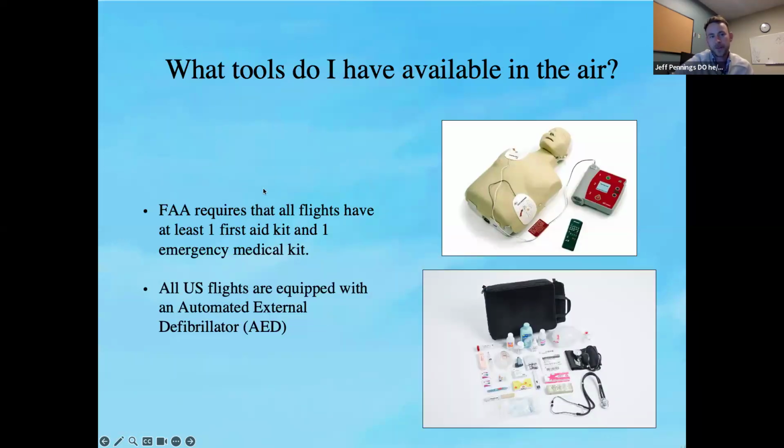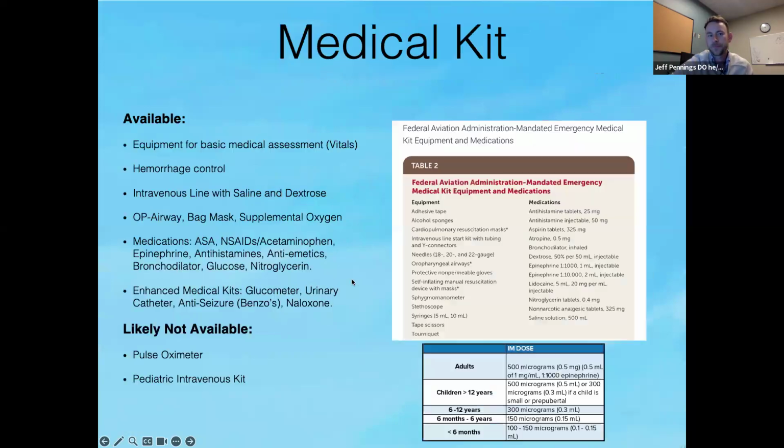So what tools am I immediately going to have in the air? The FAA requires that all flights have at least one first aid kit and one emergency medical kit, and then that all flights are equipped with an AED. The FAA has minimal requirements for these medical kits. And most of what's in here, in addition to what we just talked about, is things to be able to do that initial assessment and take vitals,